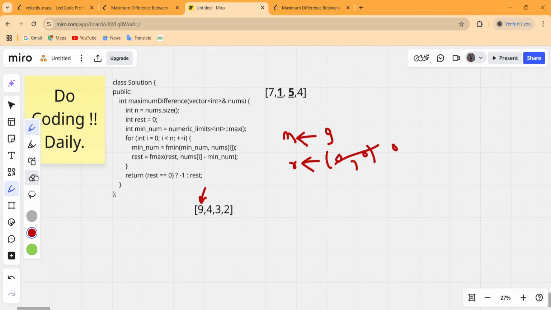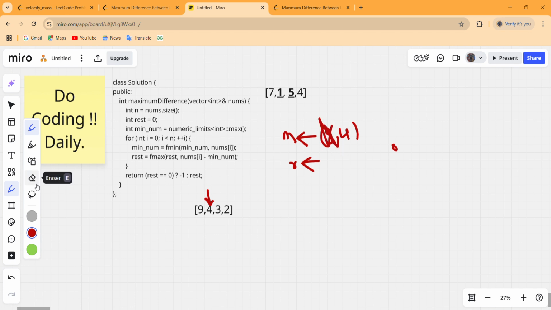So let us erase them. Result is 0, and moving on to the next iteration, this is 4. The minimum number till this index is now updated from this 9 and this 4, that means the minimum value among these two, and that is 4.